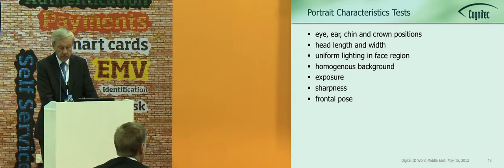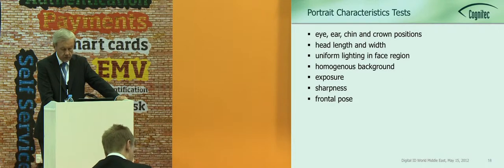So these are some examples of the tests that we can run. Position of eye, ear, chin, and crown. This is used to correct the geometrics of the face in the image, head length and width. The lighting on such a photo must be uniform on the face. The background must be homogeneous. The exposure must be okay. It must be a sharp image,